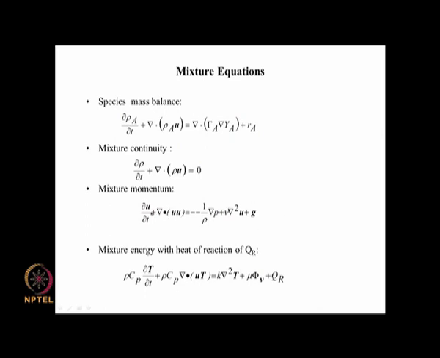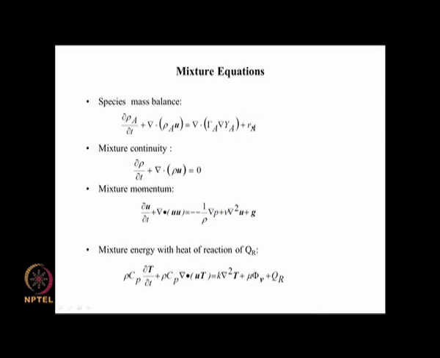It is the same thing, except that you now have mixture velocity, mixture density and mixture viscosity, and those properties are based on the mass fractions or mole fractions of the individual species. And then you have mixture density, mixture specific heat and thermal conductivity here, and together you have an overall source term, which is essentially the heat of reaction of that particular overall reaction scheme.